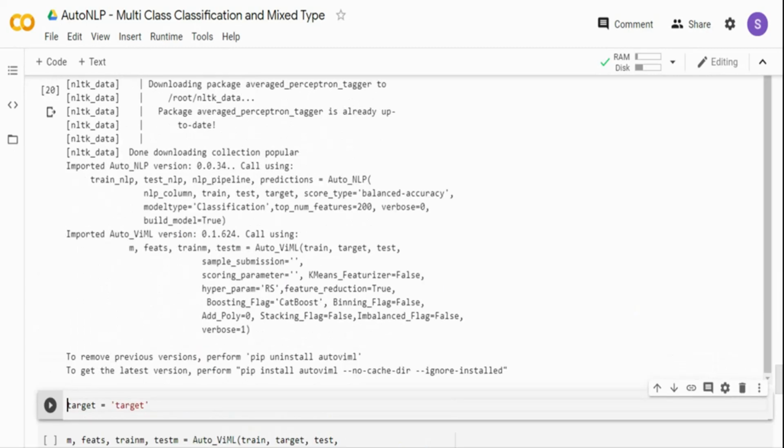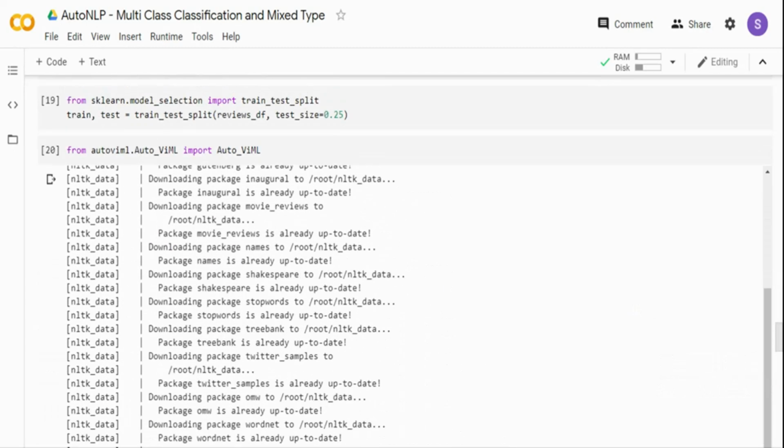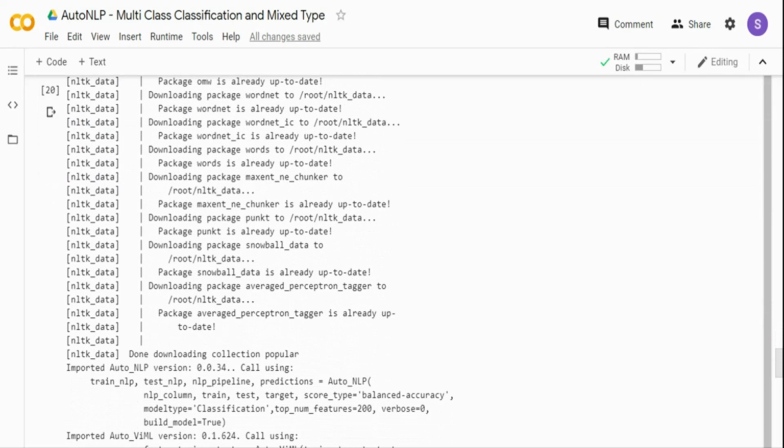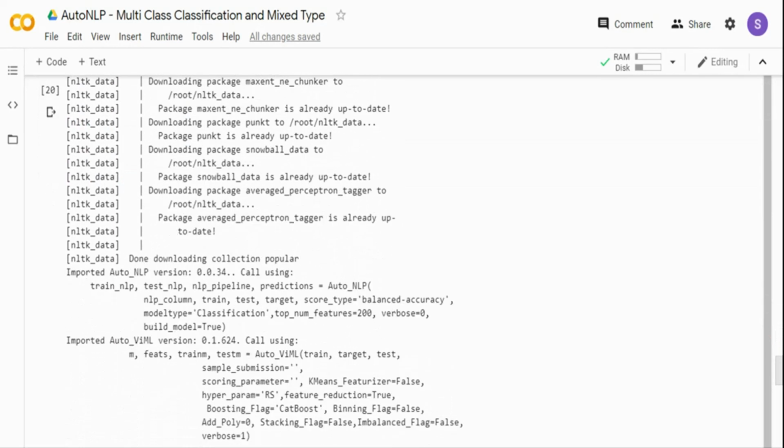If you see in the previous video, I have used AutoNLP. AutoNLP is good when you have only text data and only one text variable. AutoViML can handle multiple data types. It tries to analyze the data, and wherever there's a text column, it does NLP steps. Wherever there's a continuous column, maybe it can just run it as it is. So it's going to do it, and there's a lot of explainability that the model provides. You can interpret a lot of information out of the model. Let's see as the model runs.